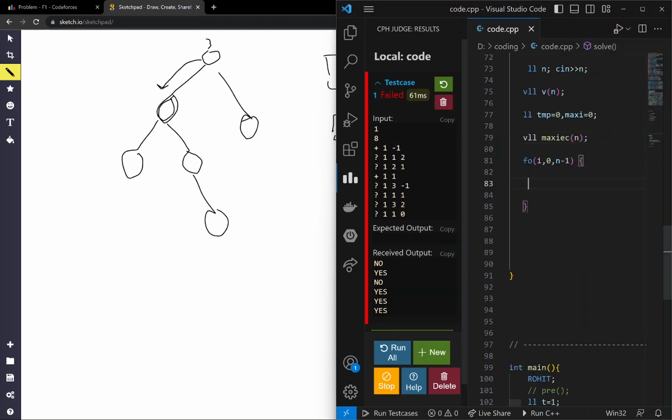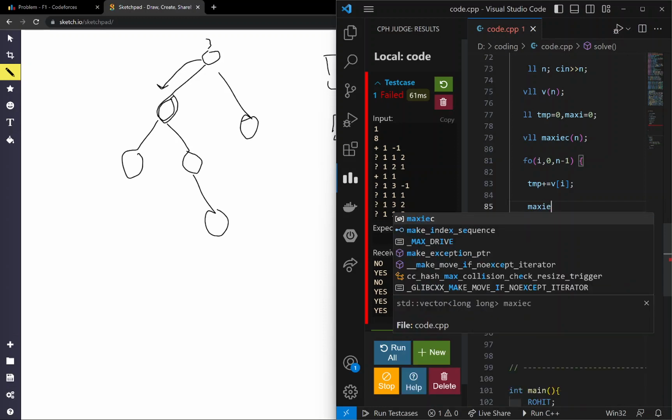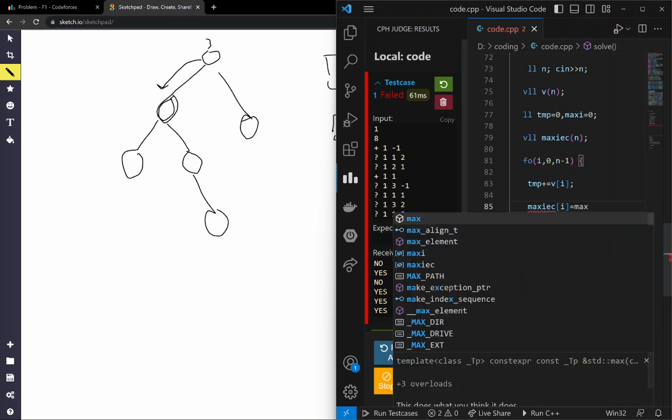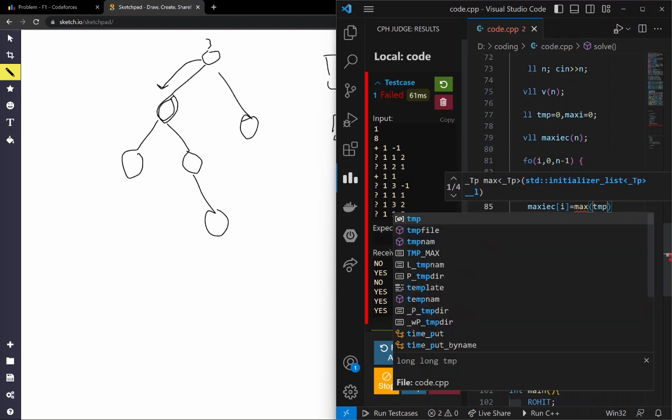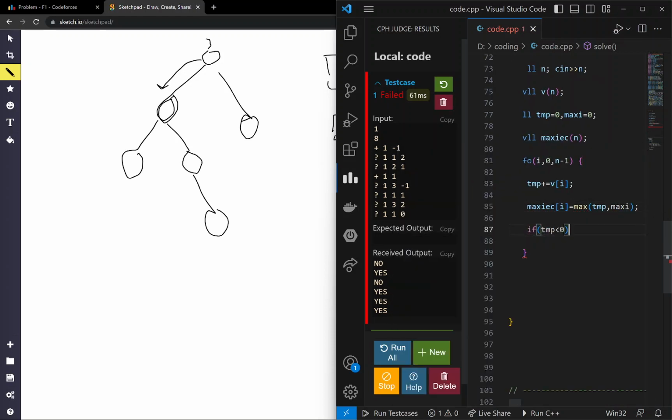So firstly we increment the current by the value, and we set the maximum value from the starting position to that position equal to the maximum of temp or maxi, and if temp is less than 0 we equate it with 0.